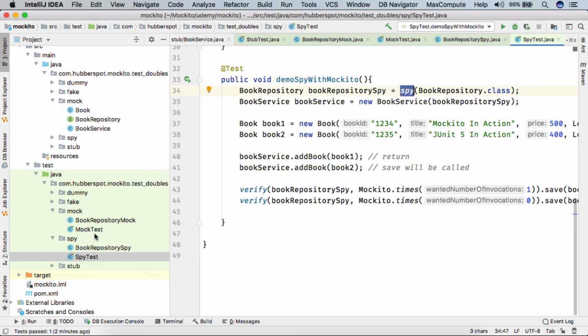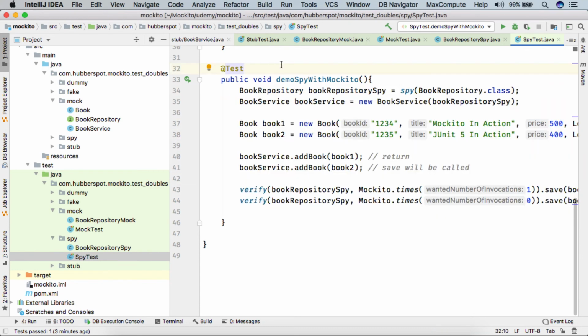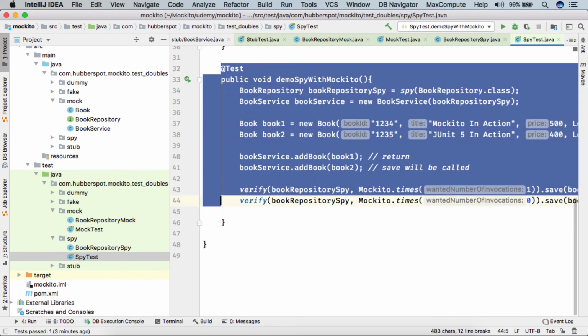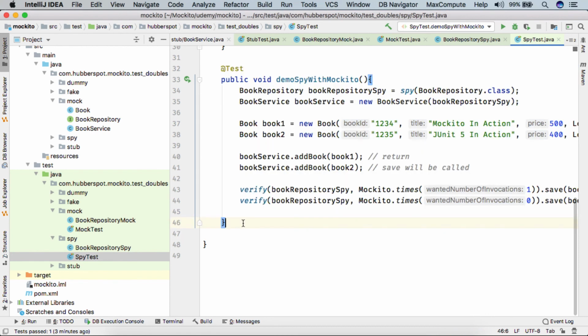So in this context, both worked exactly the same. As a test double, we saw what difference they had, but when it comes to how to create those test doubles with Mockito, they work somewhat differently. We'll see the demonstration of that difference in our upcoming lectures. But for now, we'll keep it that we can create a spy using mockito.spy and we can create a mock using mockito.mock. So friends, I hope you like this video. Thanks, have a nice day.